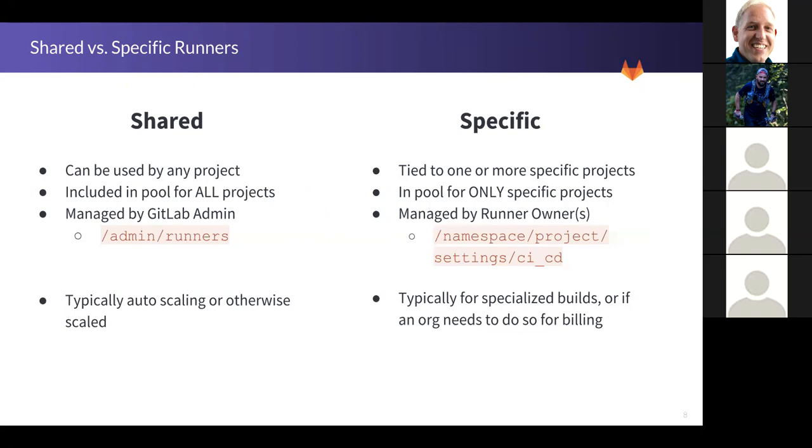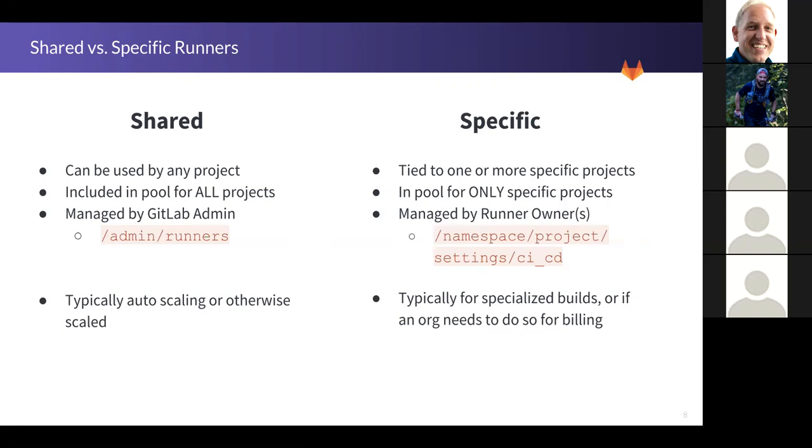So if I push a project today to gitlab.com, it's going to by default use the shared runners that GitLab Inc. provides. That's the model most of our customers use to some extent too, where they have a set of shared runners run by the tools team. Very typically that's going to be auto-scaled, with either our auto-scaling or some other method, so that you're smartly using compute cycles.